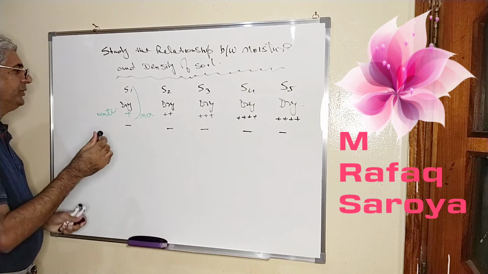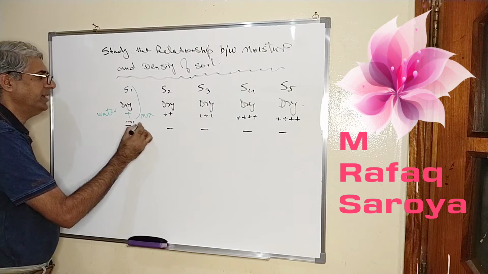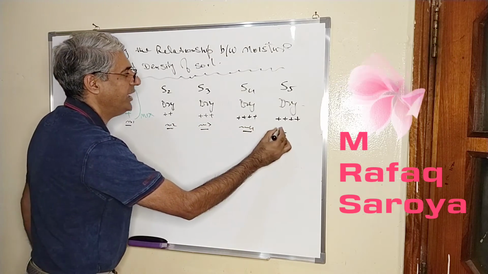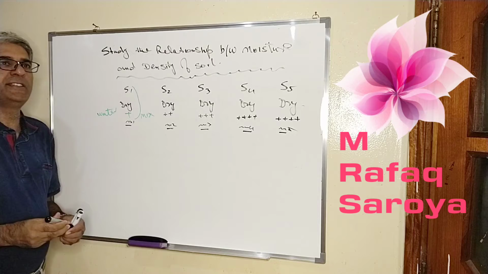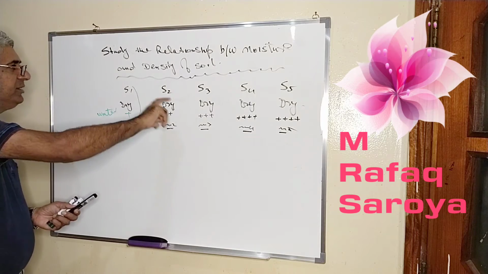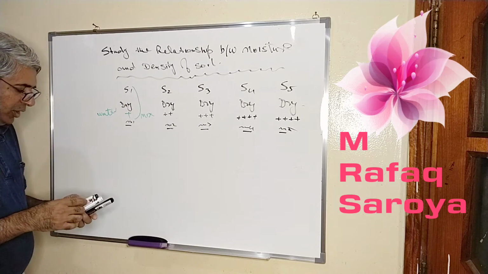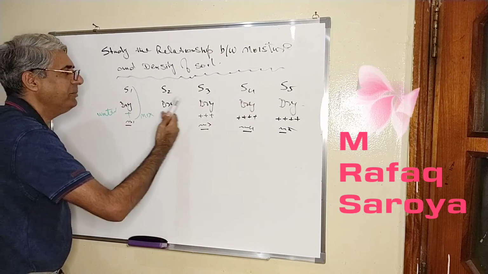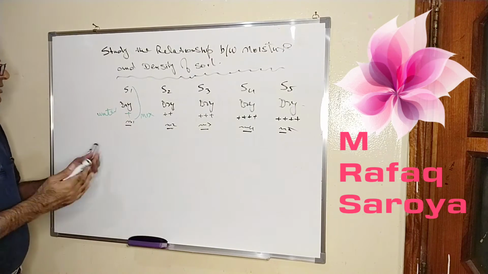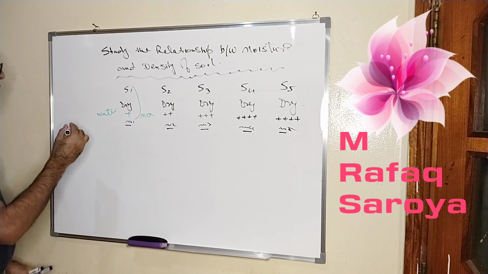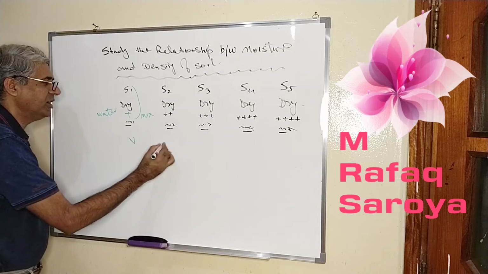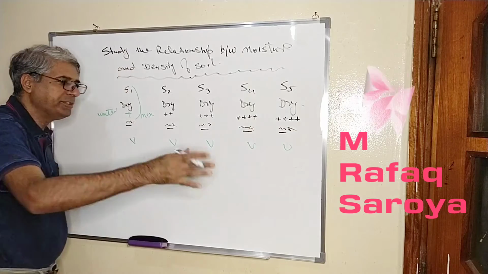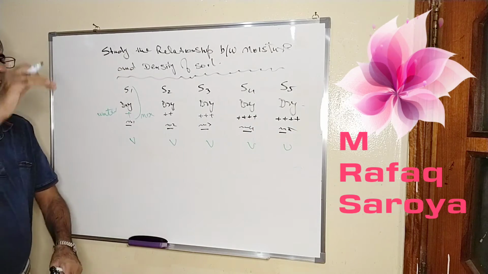Here, let us suppose that this mass is known as M1, this mass is known as M2, M3, M4 and M5. These are the 5 masses which are being tabulated over here. Now, you see this plus, double plus, triple, fourth, it means I am increasing the amount of the water. When I am finding the mass, this volume is always constant. This is V. This V is the volume of the mold in which we have compacted the soil.